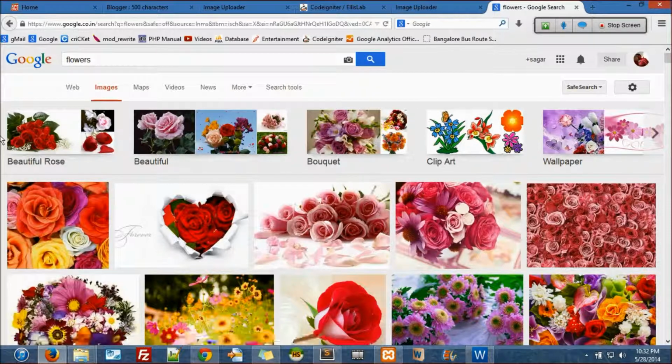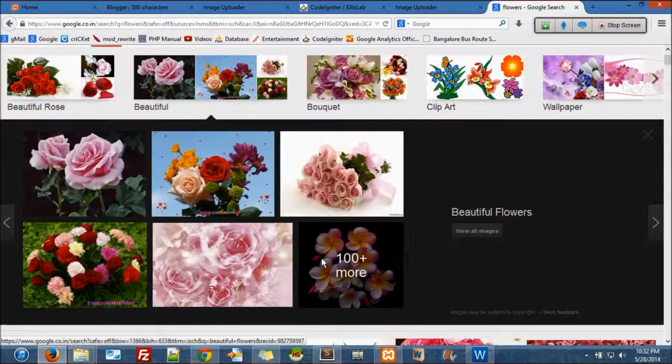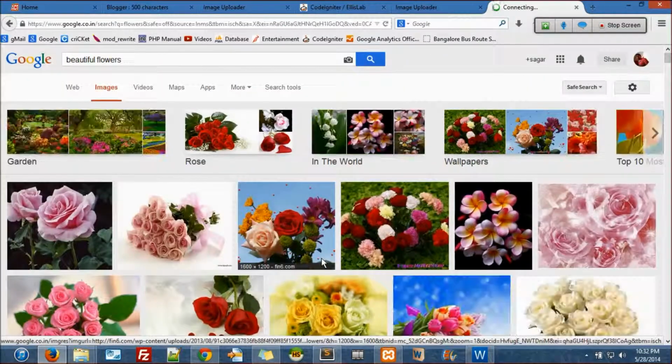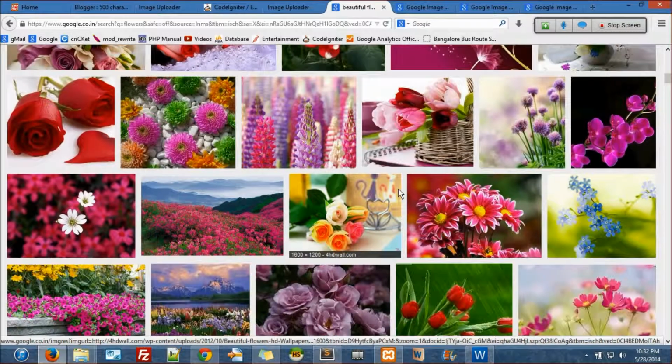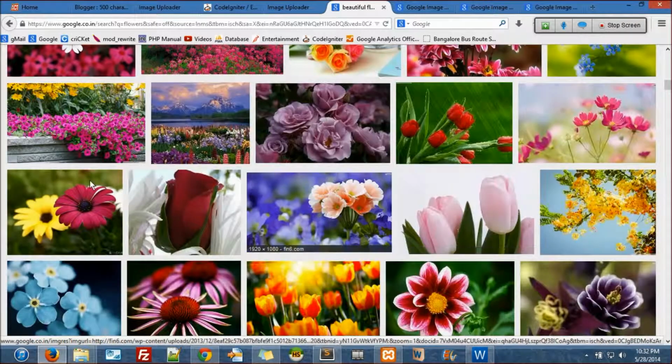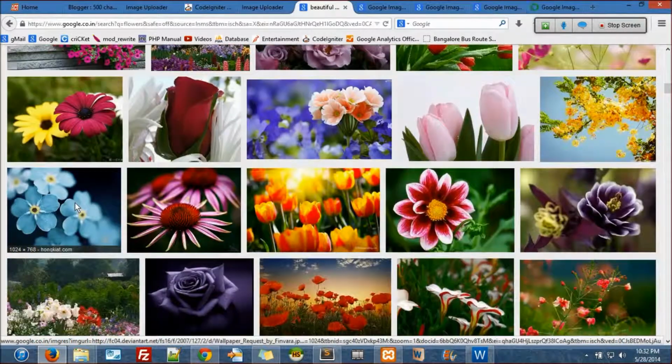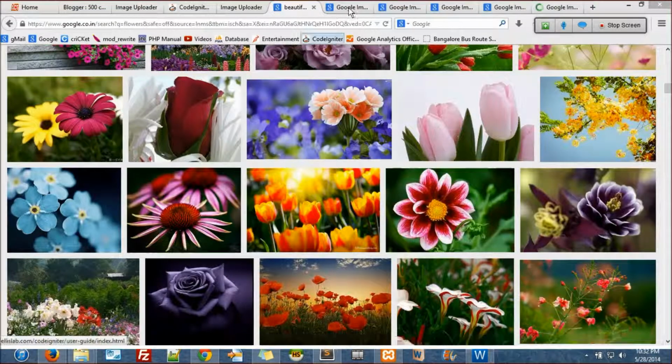We'll take something called beautiful here. One image, two images, three images, four, five. Okay, let's do this.